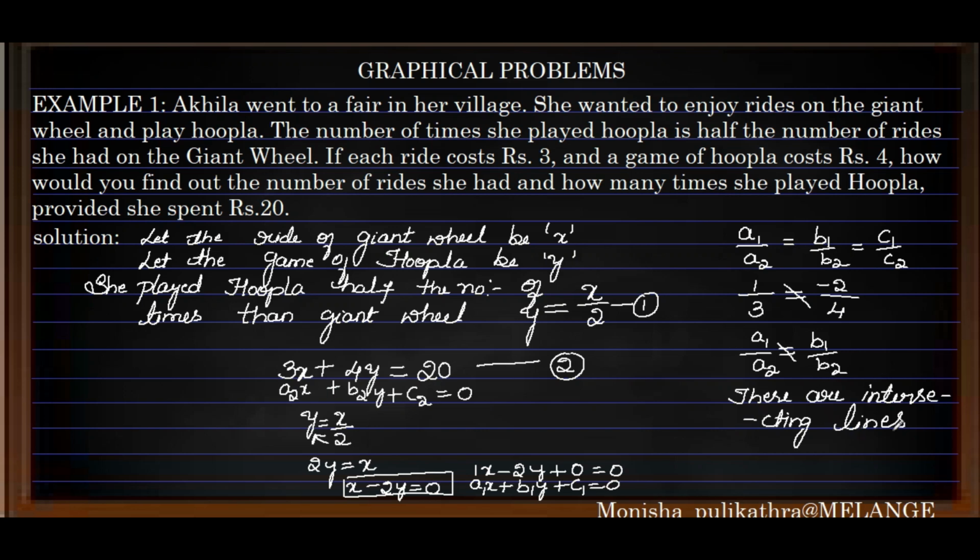Then, only in the case of intersecting, we need to solve these two equations. Without solving also we can do it, but why we need to solve is, in intersecting lines we need the exact point of intersection. In order to find this point, we need to solve these two equations. Without that, we will not know at which particular point the two lines intersect each other. Without solving also we can do the graphical line.